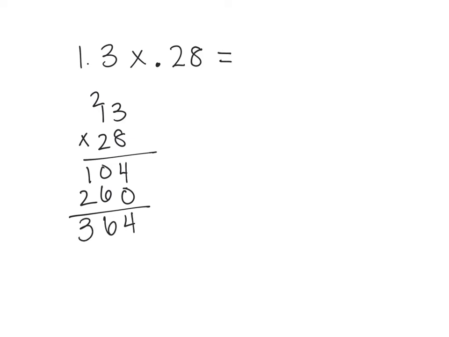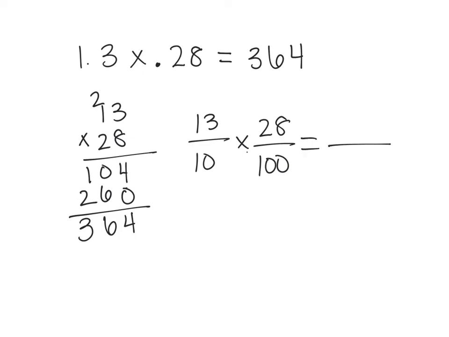Of course, the answer to this would not make sense to be 364 if I'm multiplying 1 times a decimal. It should be a pretty small number. Thinking again in terms of fractions, 1 and 3 tenths would be the same as 13 tenths. And I'm multiplying that by 28 hundredths. And if I multiply that all together, I would get 364 thousandths. So my answer for multiplying the decimals should be equivalent, 364 thousandths, which places the decimal here in front of